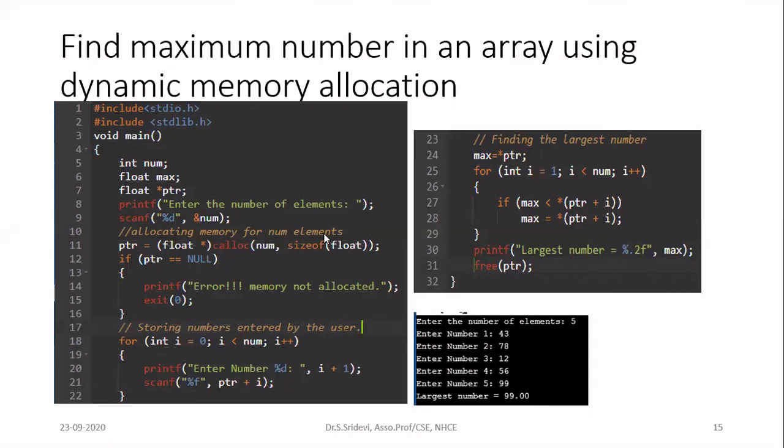Now since you have used dynamic memory allocation, before you close your program, after you have finished everything, release the memory you have allocated. The memory we have allocated is available in the variable ptr, that is, the starting address is available in the variable ptr. So we give that to the function free. This will deallocate the memory so that it will be returned to the garbage area.